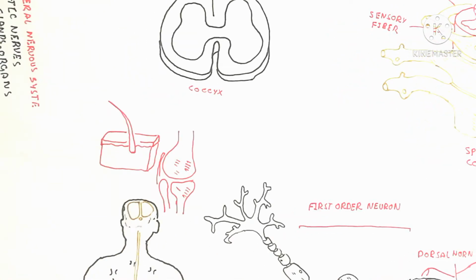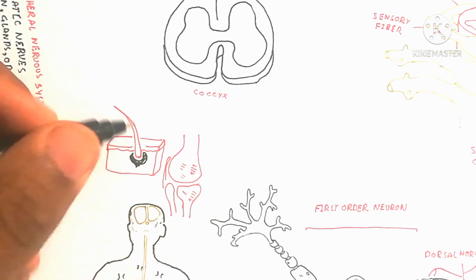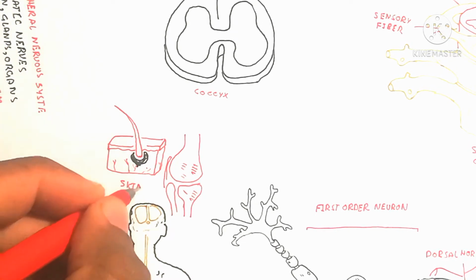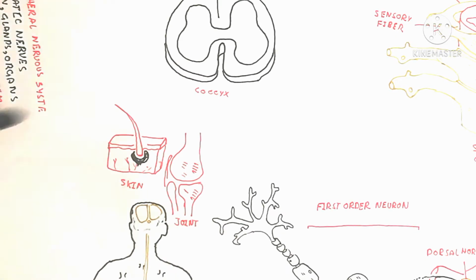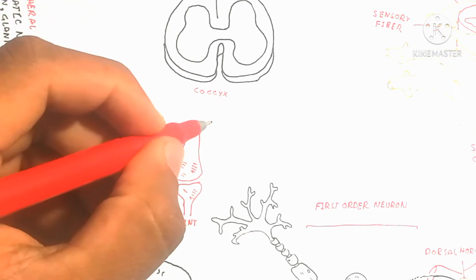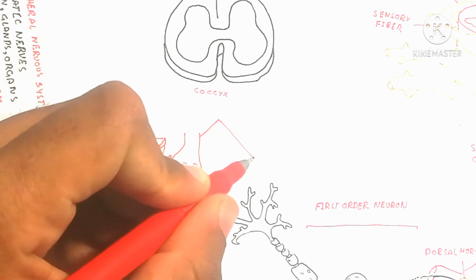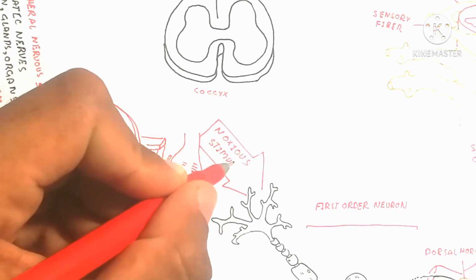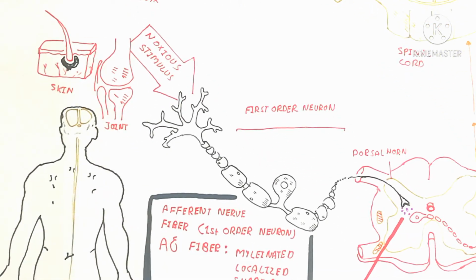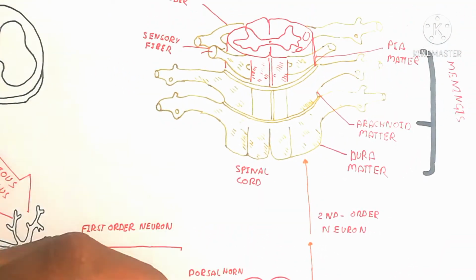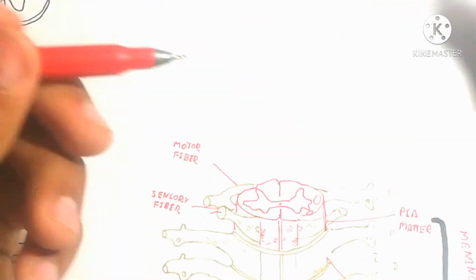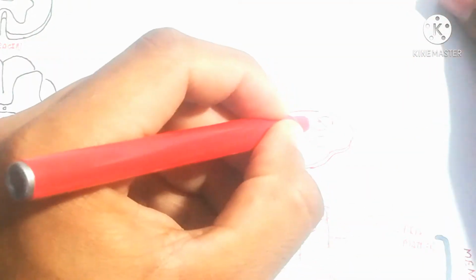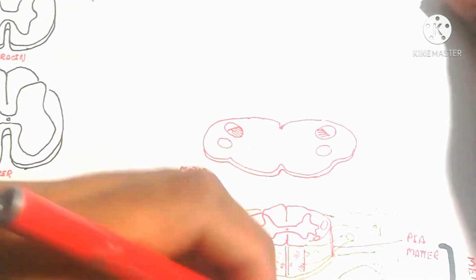So here is the joint and skin, which is used for pressure, pain, heat, thermal, and the mechanoreceptor, which is used for the nociceptor. Joint pain, joint swelling, and muscle swelling are all sensed by this neuron. This is known as a noxious stimulus. This noxious stimulus is used for pain, accepts the signal, and transfers the signal toward the cortical region of the brain.